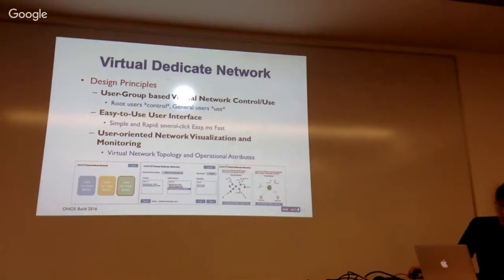And third, each user needs to be able to visualize and monitor their own virtual network topologies with the proper operation and performance attributes. For example, delay, packet loss, jitter, and traffic utilization.